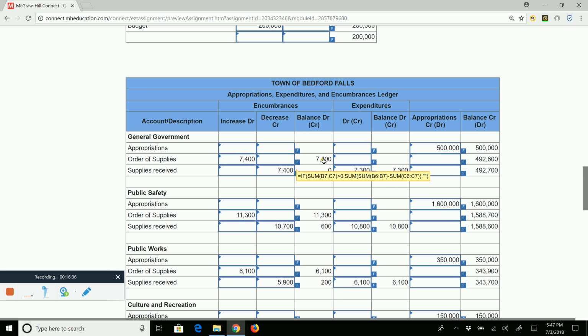So what happened? The encumbrance was $100 more than the expenditure. So do you see the available balance? It went up $100. We basically earned, I don't want to say earned $100, but we got the ability to order $100 more of supplies because that actual price came in lower than anticipated. So once again, the budget balance, or the amount available to spend for the rest of the fiscal year at any point in time, is appropriations minus encumbrances minus expenditures.